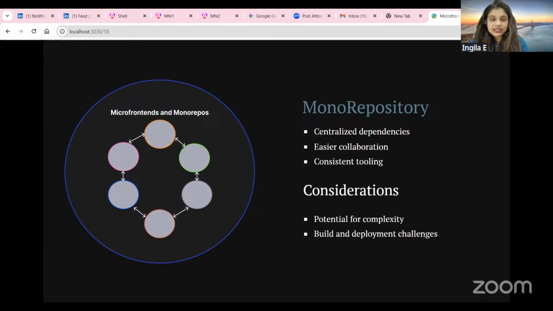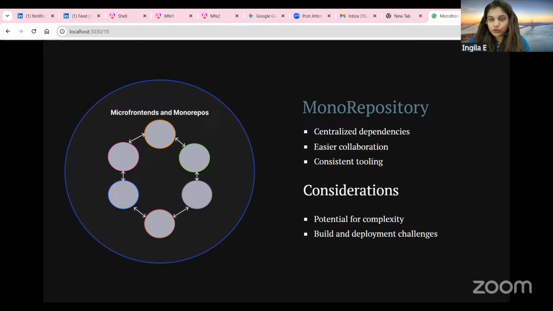You get centralized dependency management, easier collaboration because all the projects are visible to everyone, and consistent tooling across all the micro front ends, right? However, this